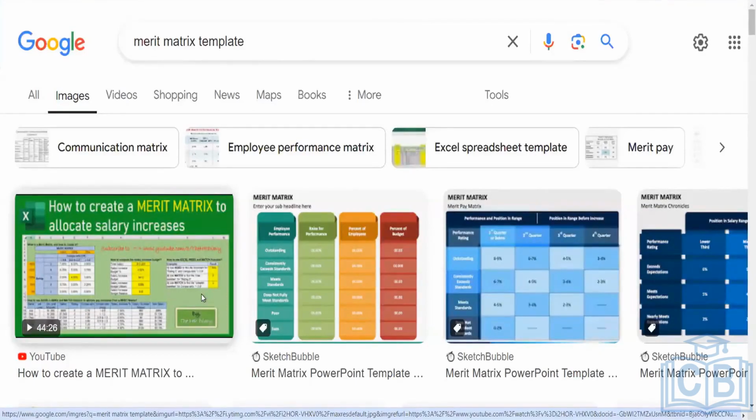Say 95 million as budget or 10 million as budget. Let's keep that: 10 million as a budget for the merit increase. How are we going to distribute the 10 million uniformly based on the different performance rating scales? At what percentage are you going to distribute the 10 million as merit for all the 10,000 employees, at a particular percentage for each of the rating scales? That matters. And how much are you going to keep for your promotional and succession planning increase, and how much are you going to have as special elements where you have an option to override and adjust the ratios?